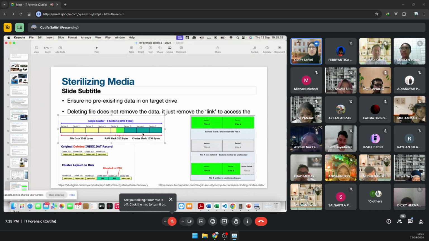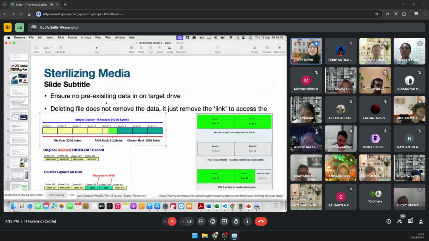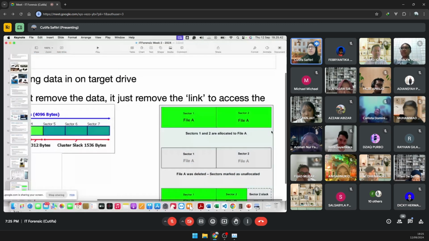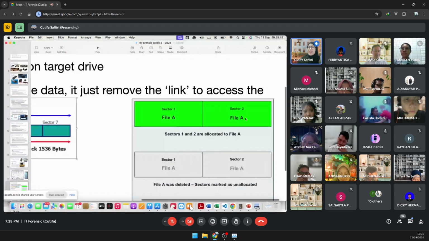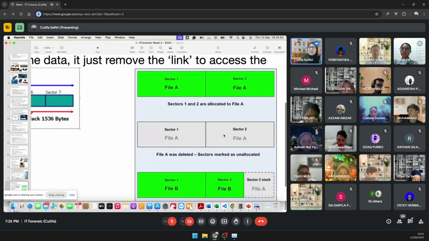Yes. So this is what we call deleting a file does not remove the data. You just remove the link to access that data. So in here, for example, you have a file A. You occupy sector 1 and sector 2 for file A. Now file A is deleted.